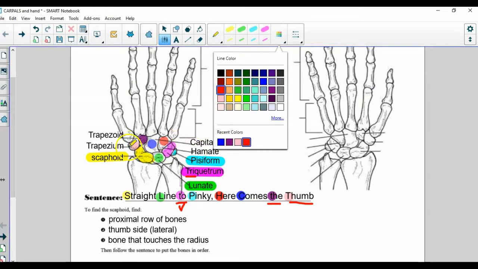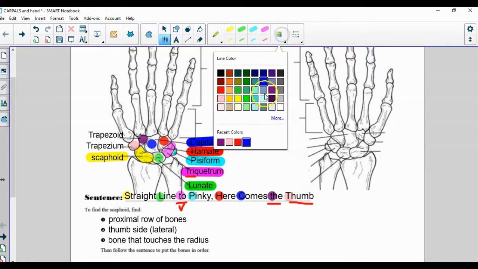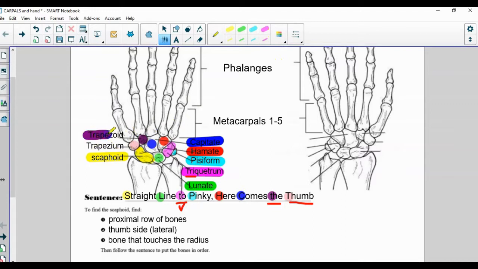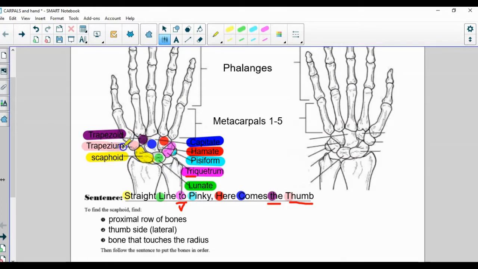So I've added in my words for the second row, hamate. So here comes the thumb. There's hamate in red. Capitate is in this blue color. The trapezoid is in this dark purple, and the trapezium is in the pink. And I told you we got to figure out how to make sure that we don't mess up trapezoid and